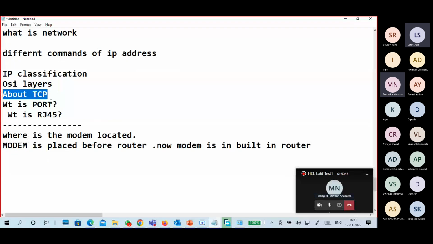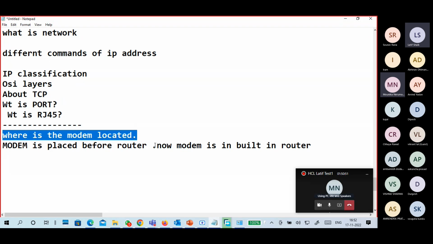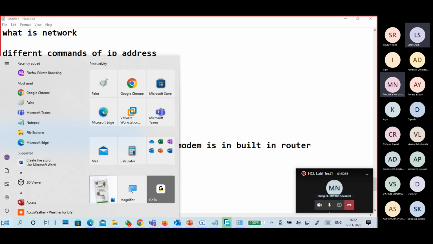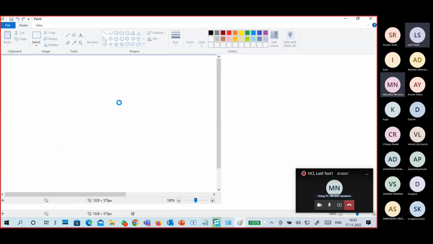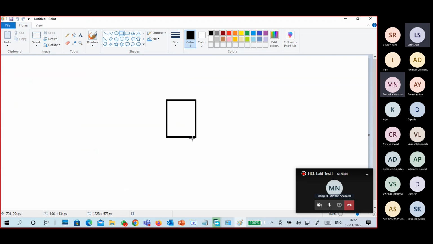What about TCP? What is a port? So they ask this question: where is the modem located? First, we are all connected to a switch, or maybe connected directly to the router. In general, this is my switch.